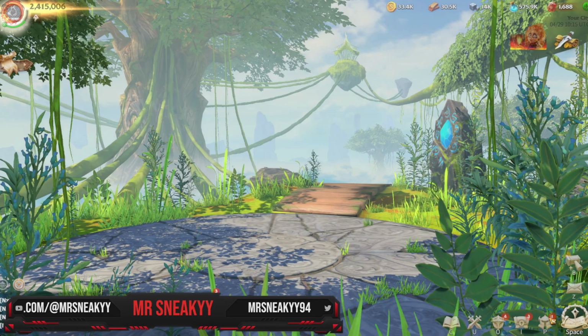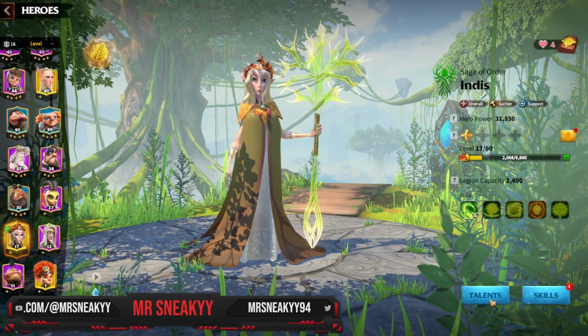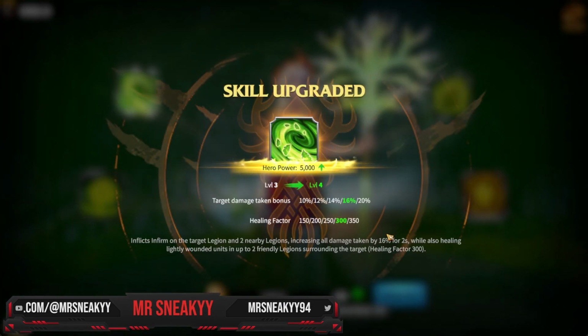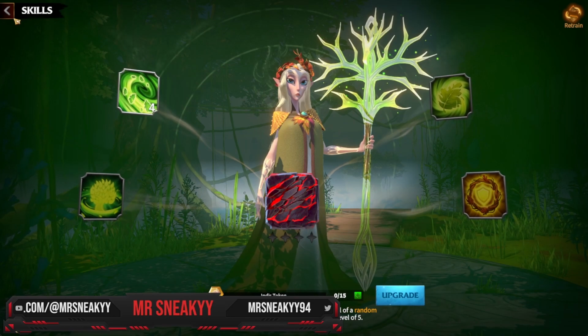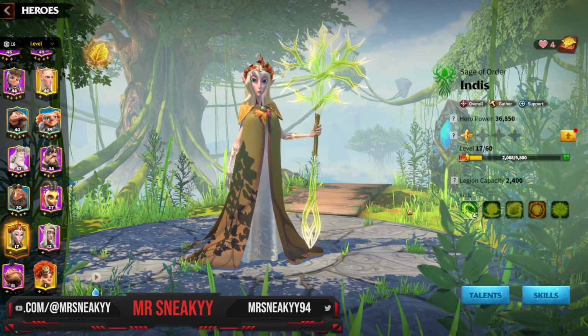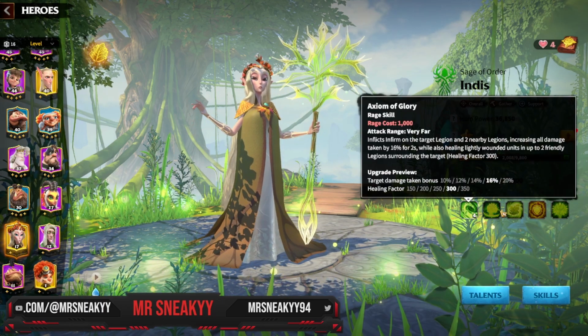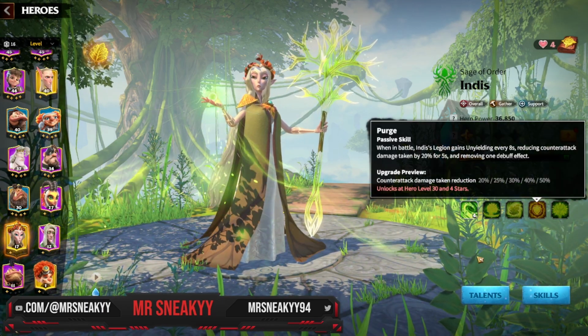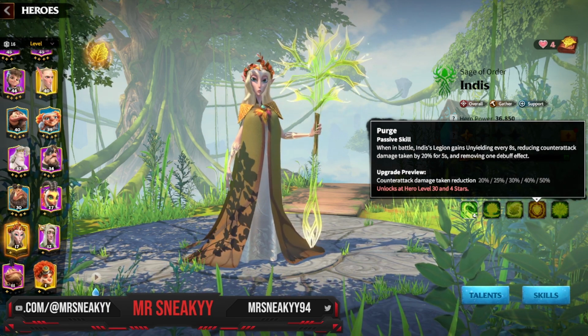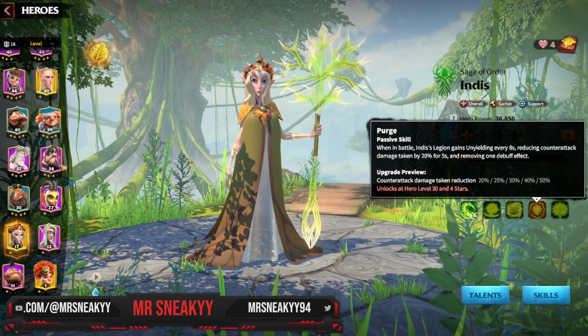And then, if we go to heroes, we go to Indis, we can hit the skills, and there we're at. She's at 4-0 already, guys. And this is midway through the start of the very first season. Getting her to a 5-1-1-1 state is going to be so beneficial for us, because we're going to be able to use her in the Dragon Trials,